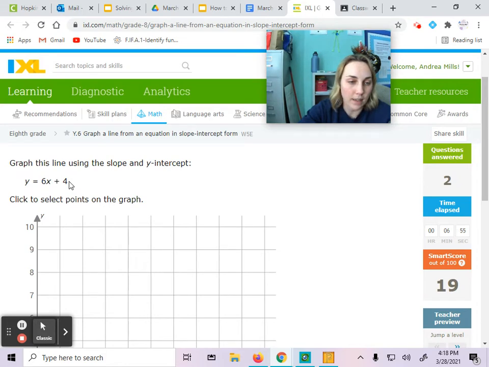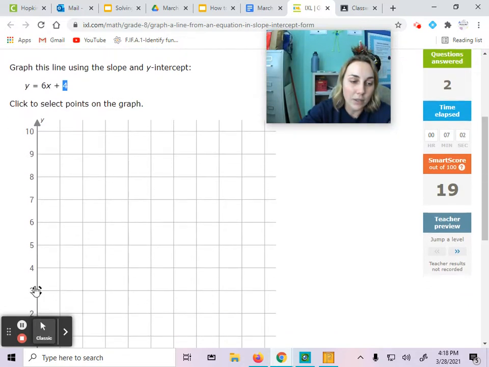All right, same thing. First, I got to plot the y-intercept. The y-intercept is going to be a positive 4. So on the y-axis, I need to locate my 4. Well, it's right here. So I'm going to plot that first. Then it says my slope is 6. And if you remember, when you have a number by itself,